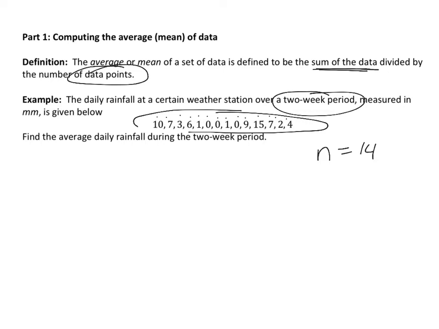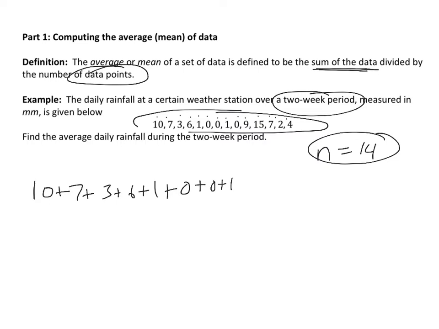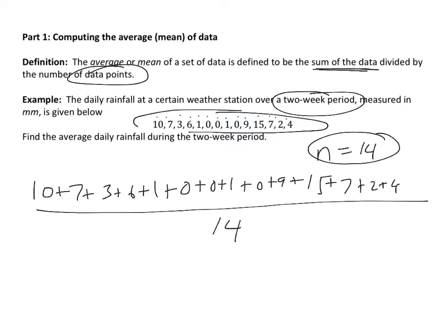Now, the question is asking us to find the average daily rainfall during this 2-week period. So to do this, I'm going to add up all of these values, and then divide by the number of data points that we had. So I would do 10 plus 7 plus 3 plus 6 plus 1, 0, 0, 1, 0, 9, 15, 7, 2, 4. And then we would divide all of this by 14. I got the sum to be 65, so 65 over 14,